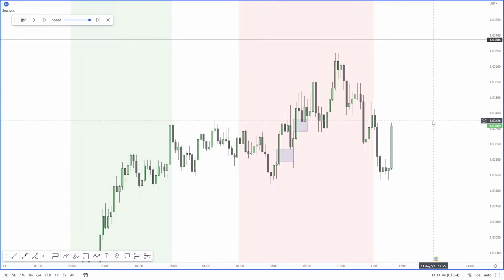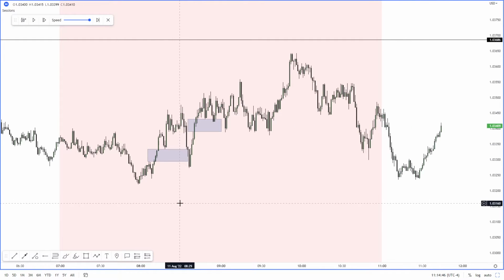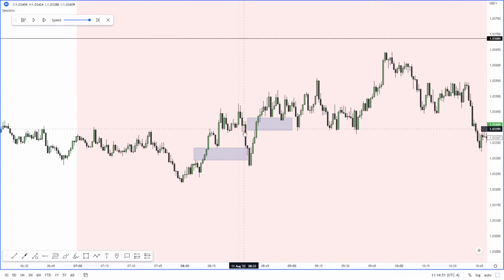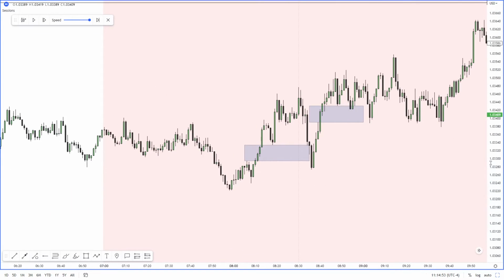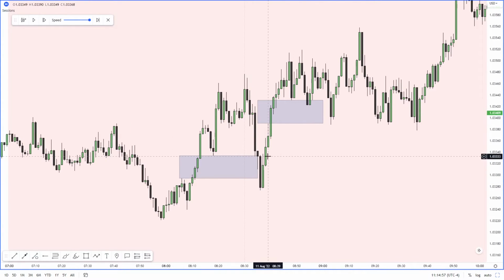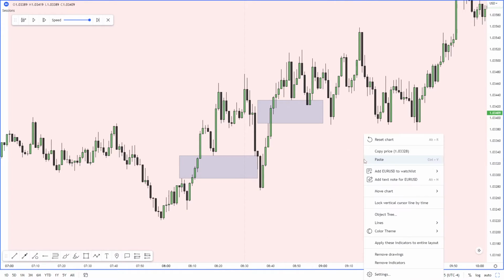But in this case, session begins here, which is great on timing because it literally starts the retracement with the opening of the session, mitigates this 5 minute fair value gap, but doesn't mitigate the next 1 minute fair value gap. This could have been a lovely entry in my opinion because we also have the liquidity below, so stop loss would have been down here. Price doesn't come back into it. There's nothing that we can do.